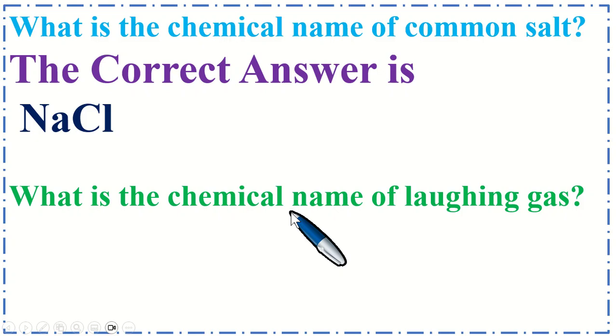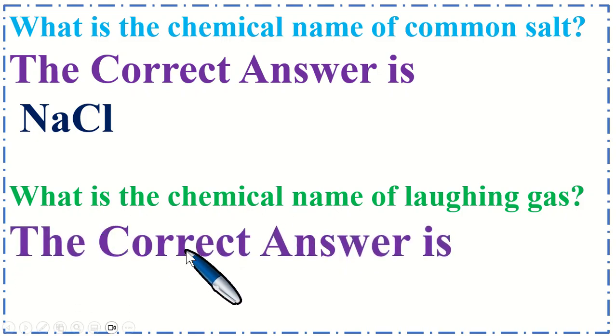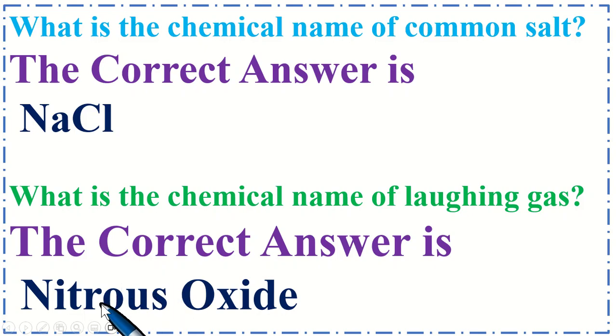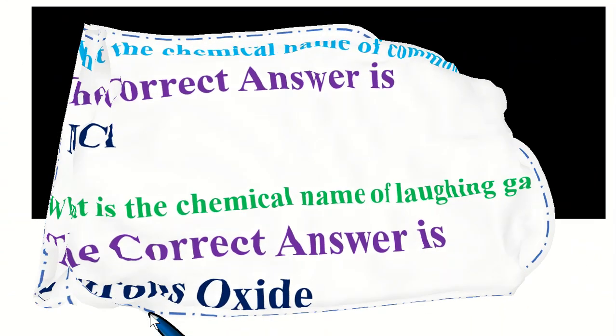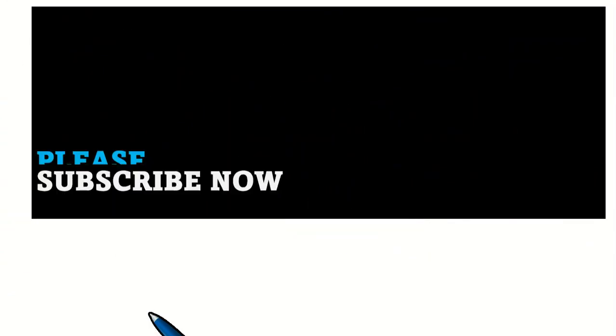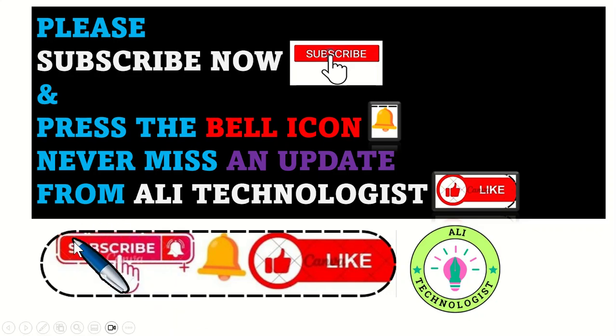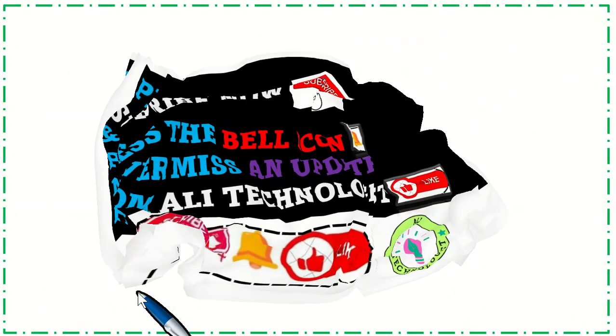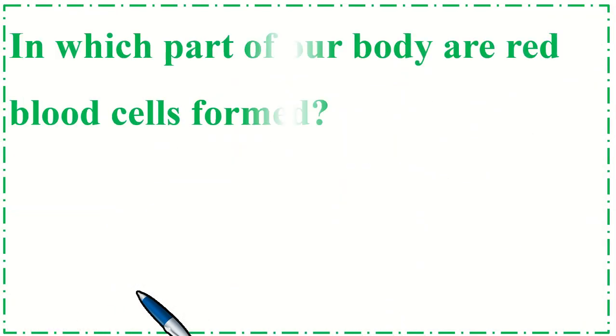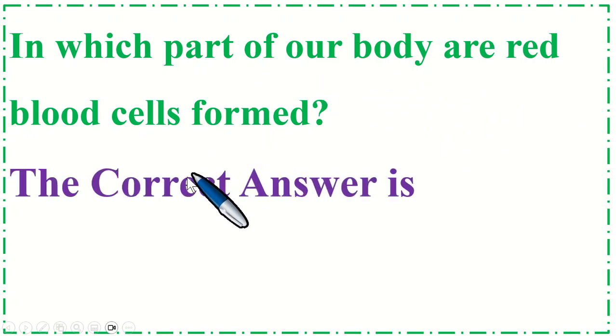What is the chemical name of laughing gas? The correct answer is nitrous oxide. In which part of our body are red blood cells formed? The correct answer is